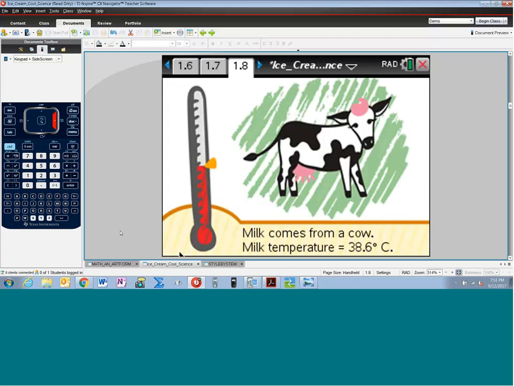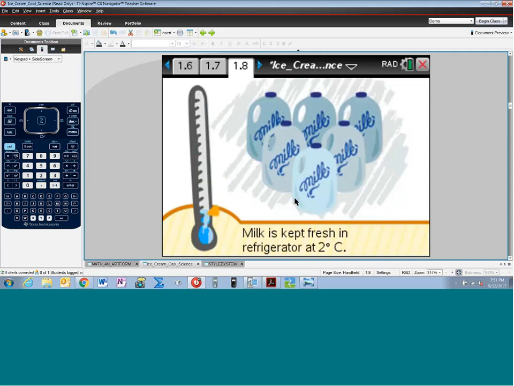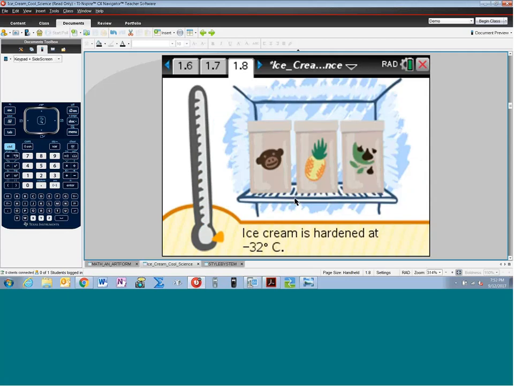We get into a fun little slide animation, where we talk about the process of ice cream. It comes from milk, of course, and the pasteurization of milk and how the temperature changes there. So there's this little thermometer on the side to give the kids an idea that there's a temperature roller coaster in the process of making ice cream. The temperature starts at room temperature or cold temperature, and then it goes up, and then it goes back down, and then we make ice cream out of it, and it's hardened at